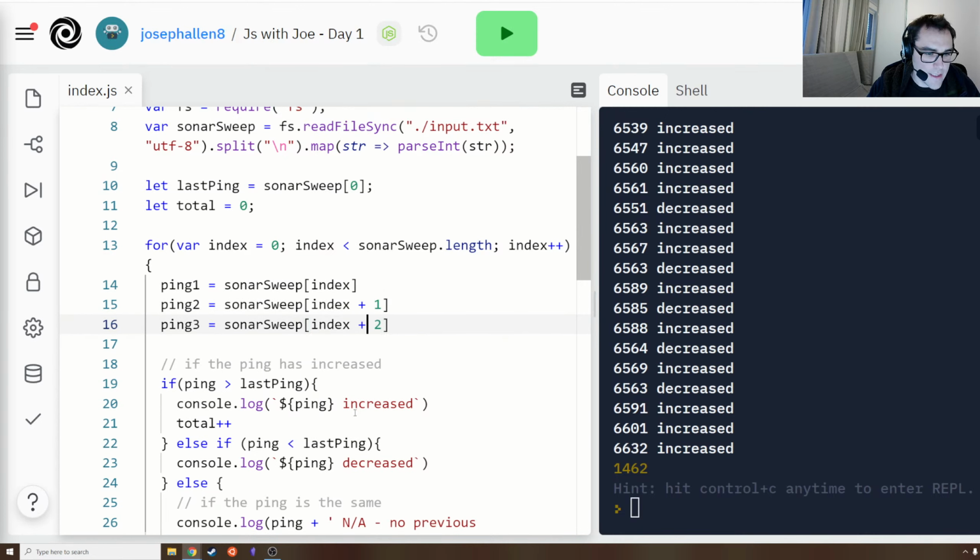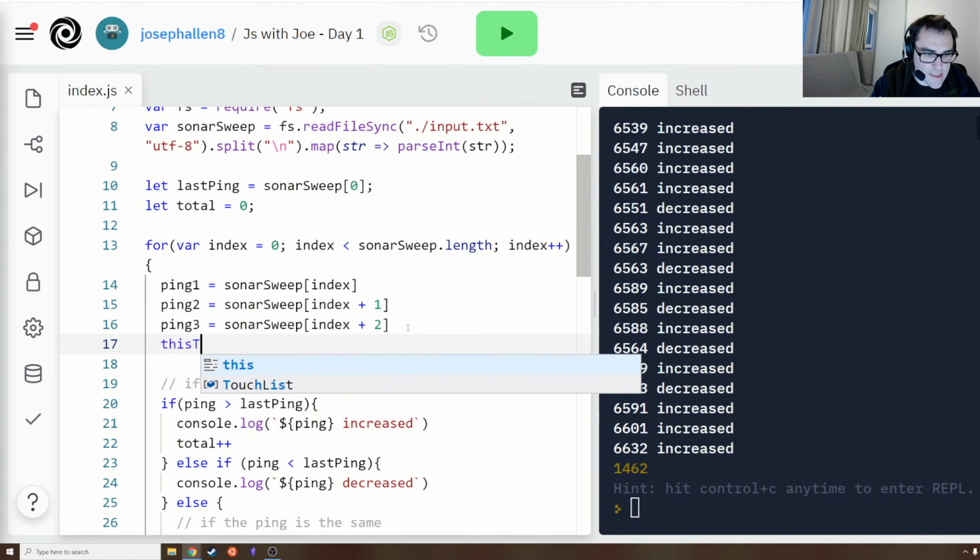And then in there, this total equals ping 1 plus ping 2 plus ping 3,